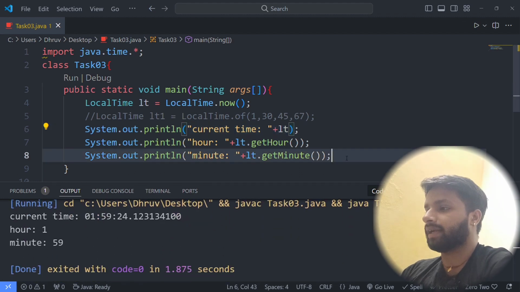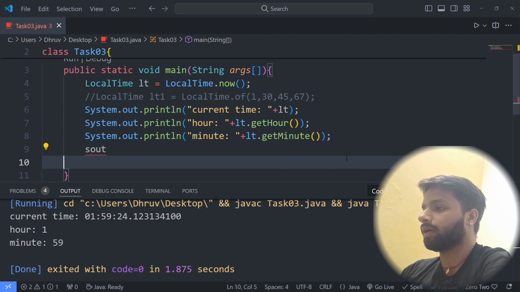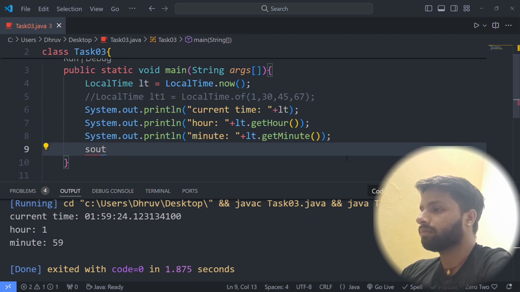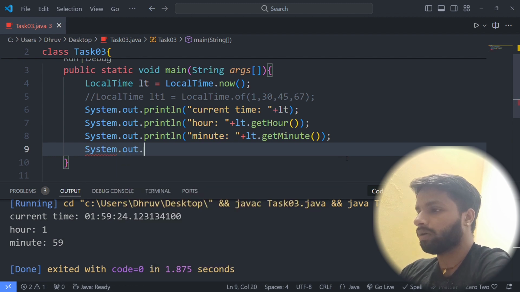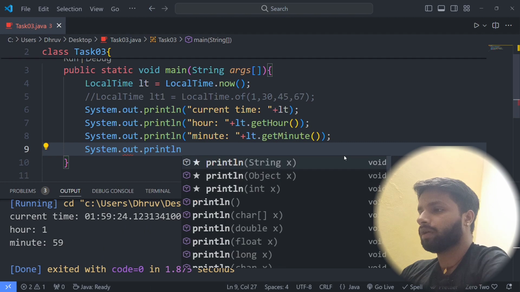Like this we can get the second. Why is it not working? System.out.println.